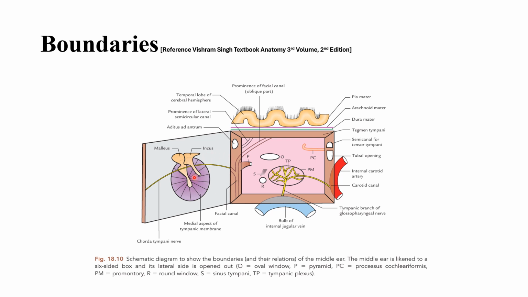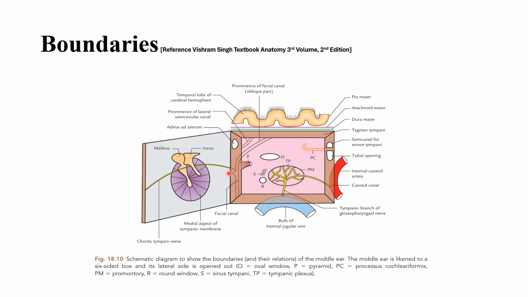So on this lateral side you see this purple structure. This purple structure is the tympanic membrane, and attached to that are the two bones, malleus and incus, which are called ear ossicles, and between them is passing the chorda tympani nerve. You see, it's going like this. This is the chorda tympani nerve.